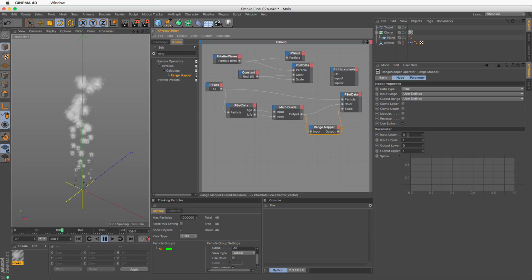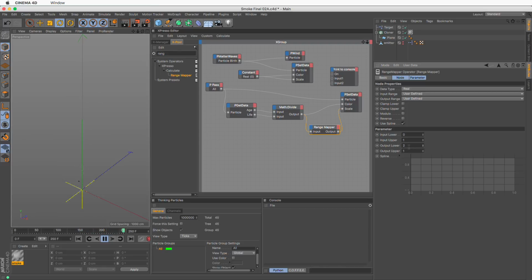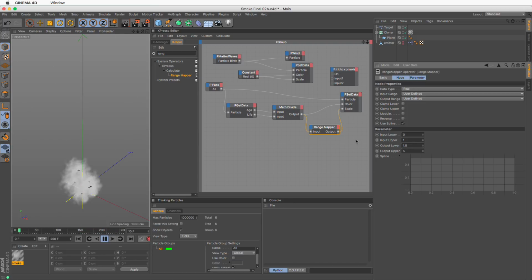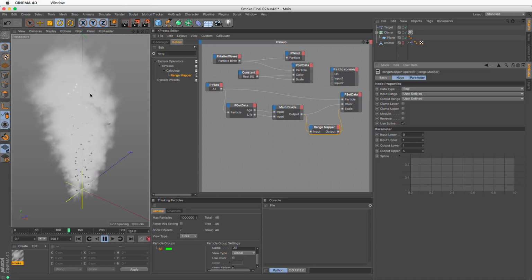By default, the range mapper maps 0 to 1 to 0 to 1, so it's as if it doesn't exist. But what I can do here is say that I want the initial size to be 2, actually the initial scale, and the final one to be 5. So with these two numbers, I can control the initial size of my puff, scaling actually, and the final scale of my puff. And that looks quite interesting.